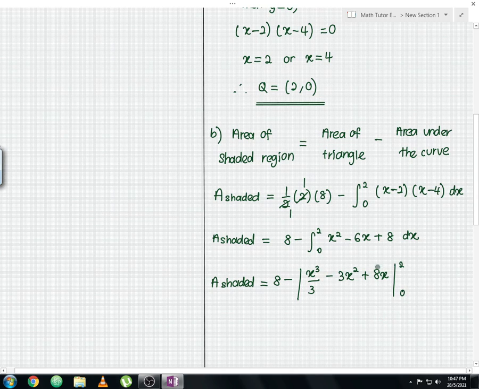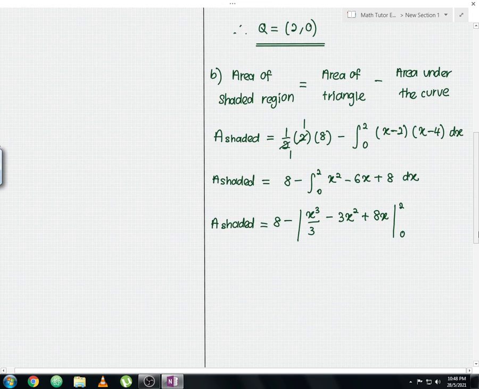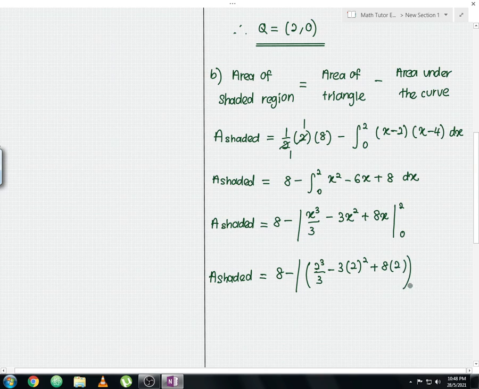So you substitute the upper limit and the lower limit value respectively. So area of shaded region is equals to 8 minus, we substitute the upper limit value, so 2 cube divide with 3 minus 3 times 2 square plus 8 times 2, close bracket,